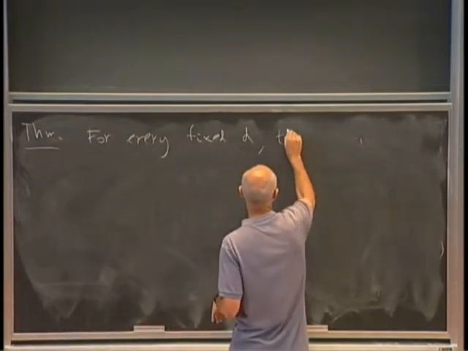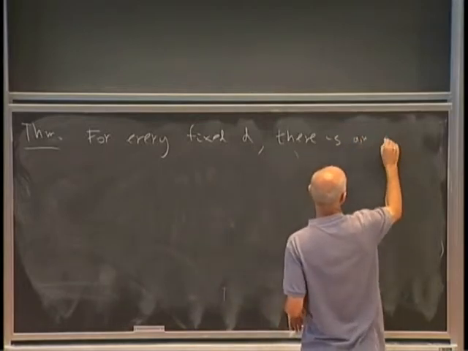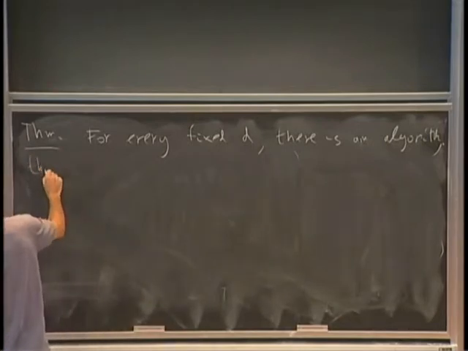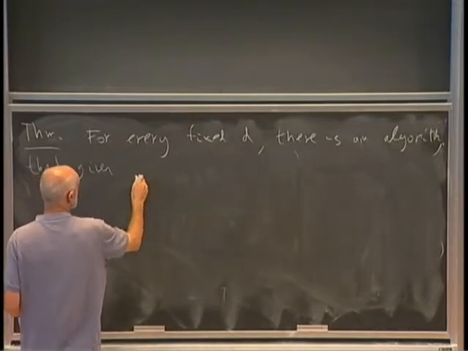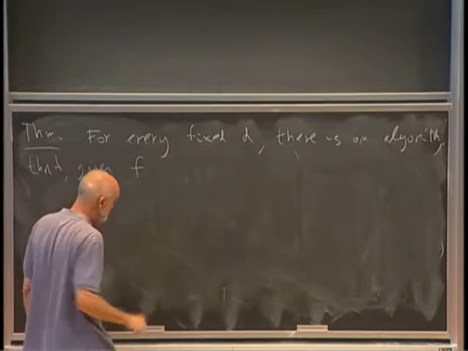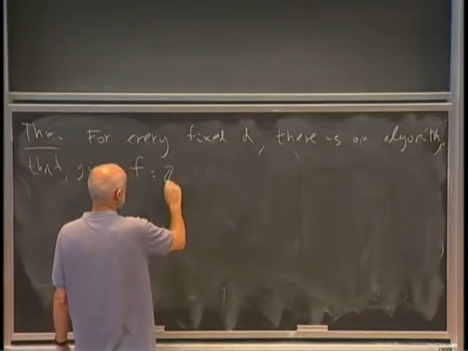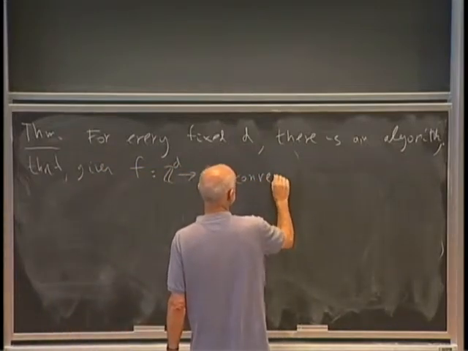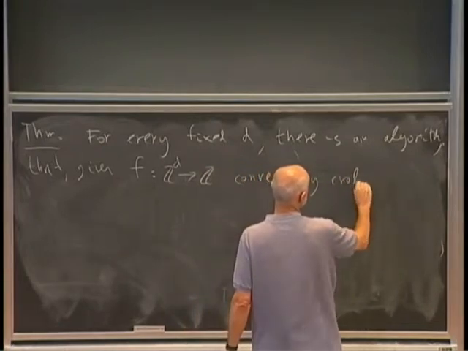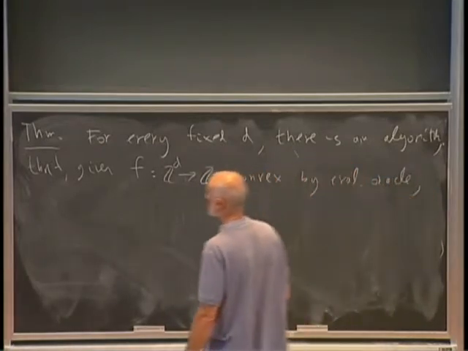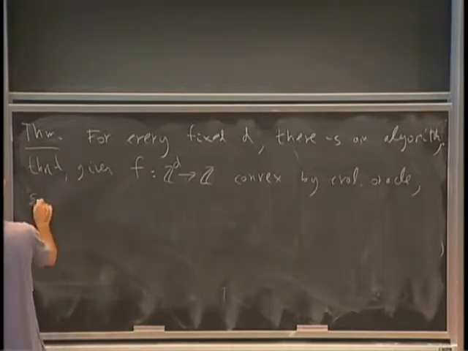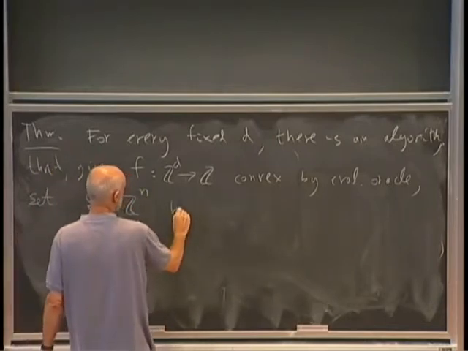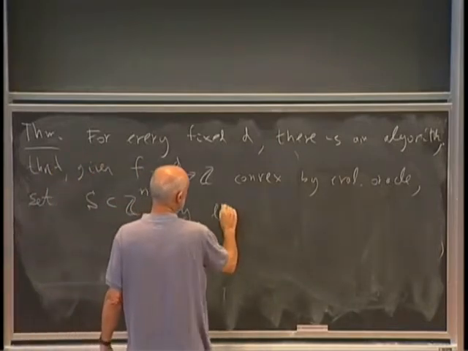For every fixed d, there is an algorithm that, given a function from Z^d to Z, convex, the evaluation oracle, a set S in Z^n, finite or not finite doesn't matter, given by a linear optimization oracle,